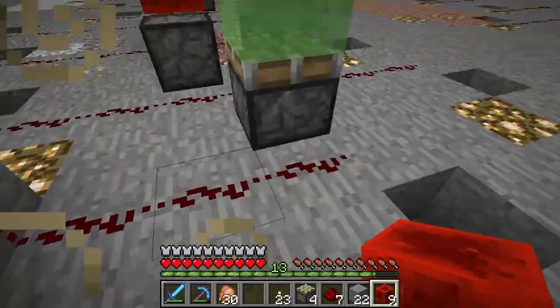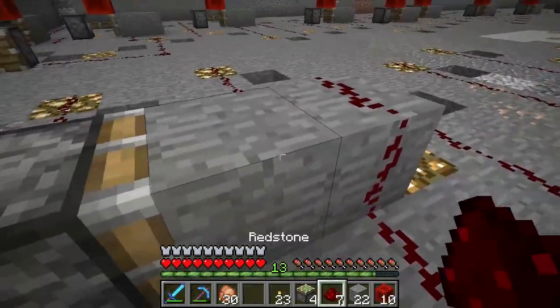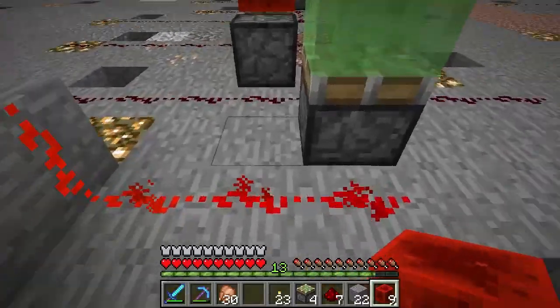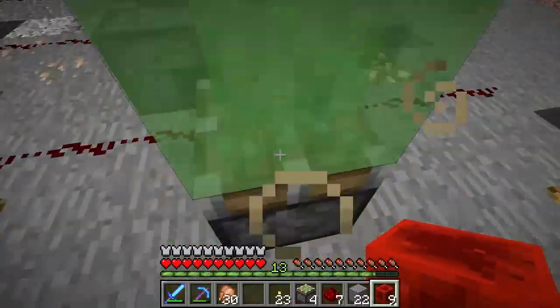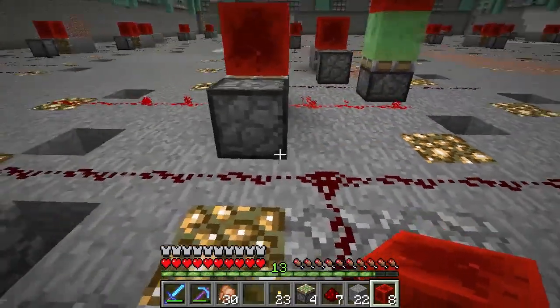Then we put a... Oh, hang on. No, I have to make sure they're unpowered. Put a redstone block here. That would bud that piston there. It would also power this. And we can put a block on top, and that is budded as well. And what happens is when we update this piston,